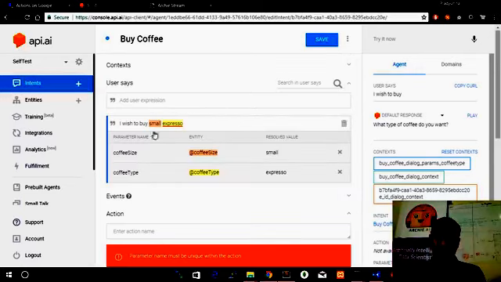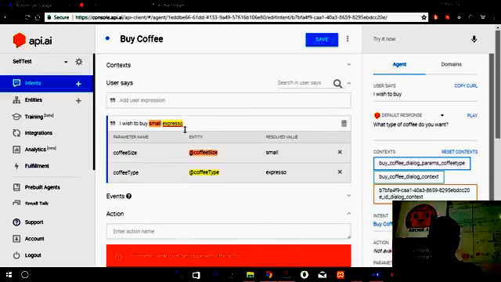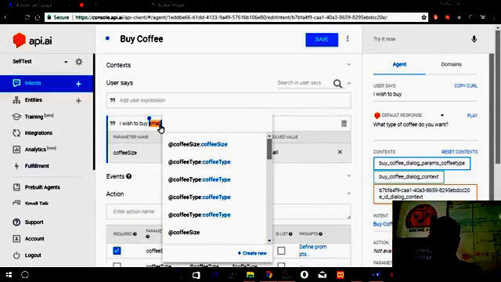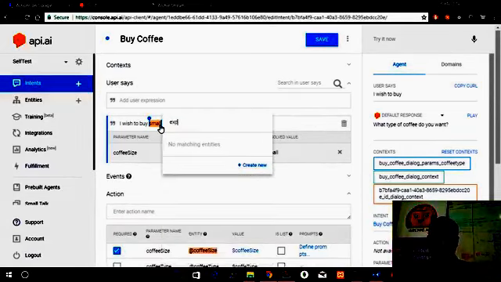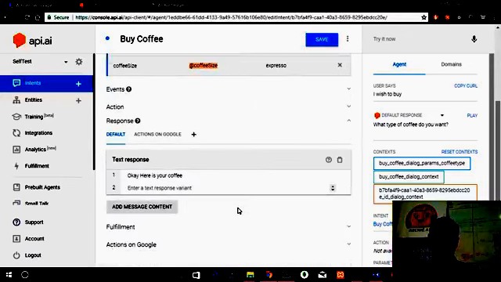These are the parameters I've added before while testing. So let's add this again. One second. Yep, there it is.